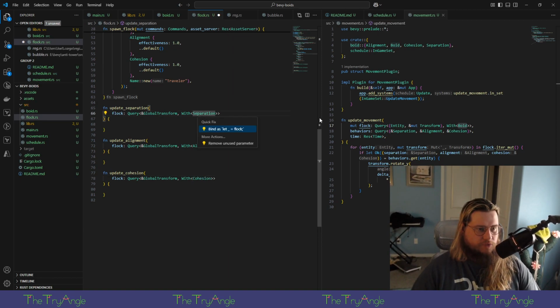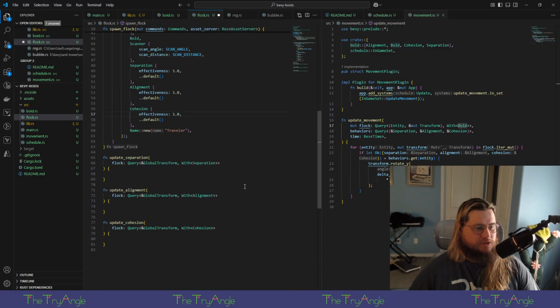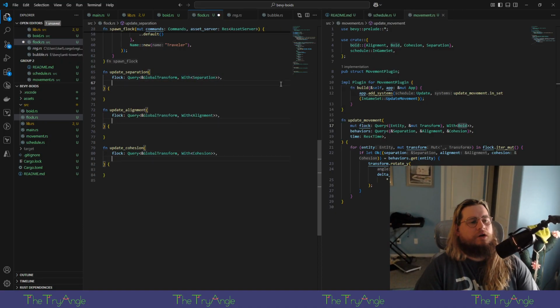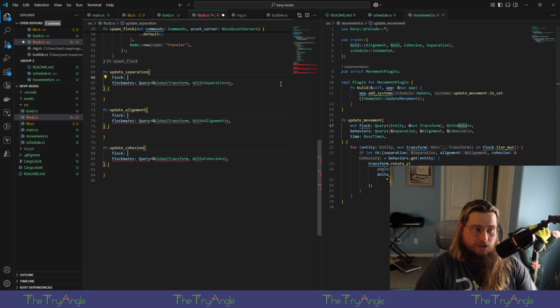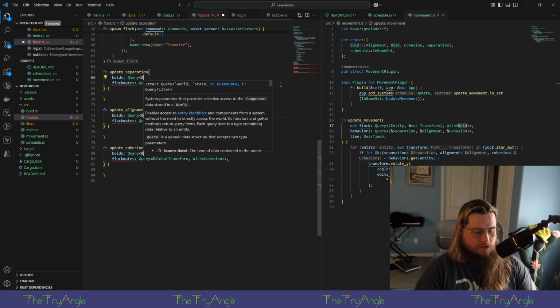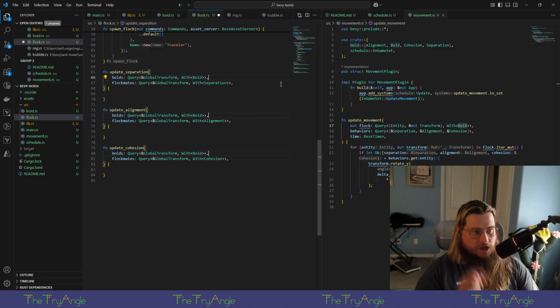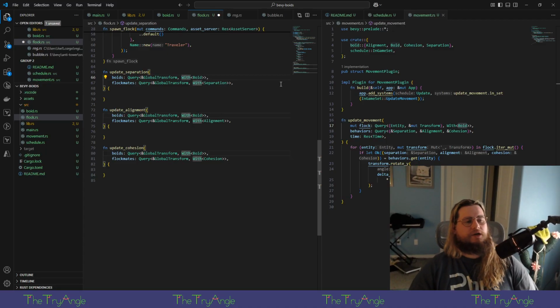All right. Separation. It's probably just gonna get upset with me. It doesn't know what it is. But that's okay. So, the other thing I want is, actually, let's say flock mates and flock Boids. Query. We'll also get the global transform, but this time we're specifically looking for Boids, and